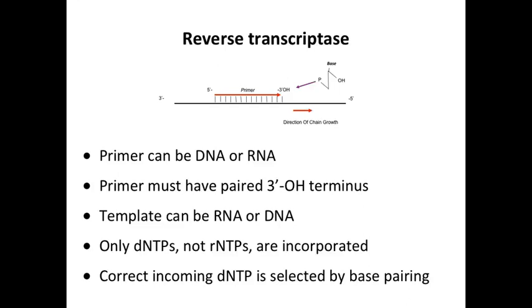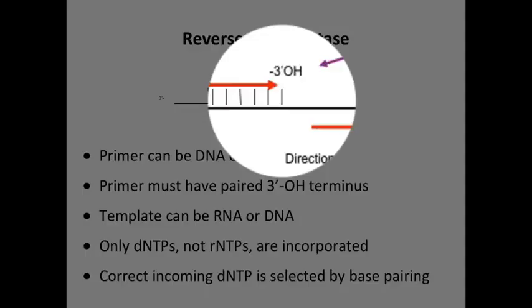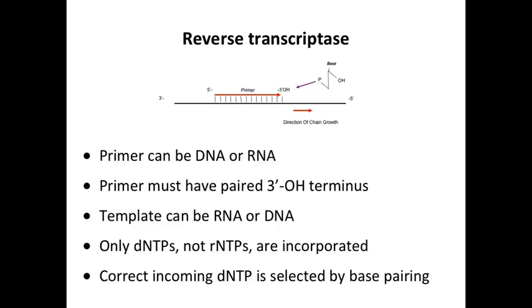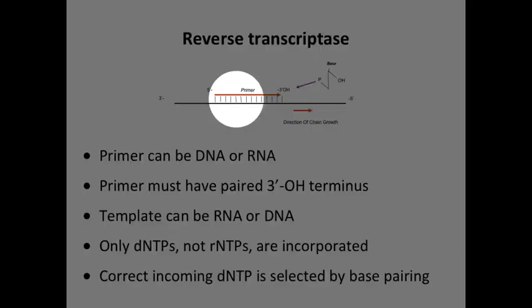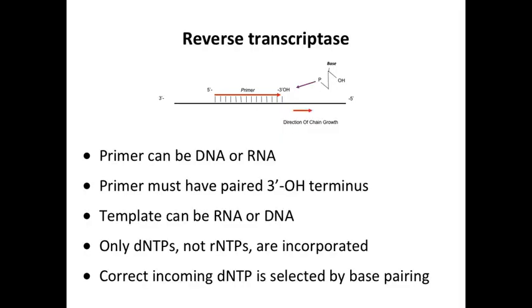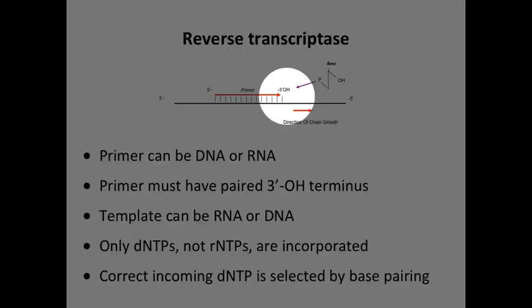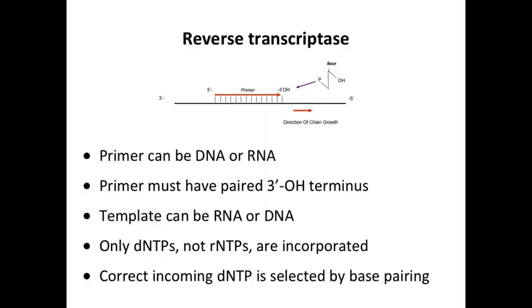Now, reverse transcriptase is a very interesting enzyme. Let's talk about this a little bit. It's a primer-dependent enzyme. Primer can be either DNA or RNA. And the primer has to have a paired 3' hydroxy terminus. So here is an example of a template. This is typically in the virus an RNA template, of course. And then we'll see what the primer is in the virion, but this in principle can be either DNA or RNA. And the 3' hydroxyl has to be free and base paired on the template right here, so that's what that means. The template can also be RNA or DNA, and you'll see where that comes up during the scheme